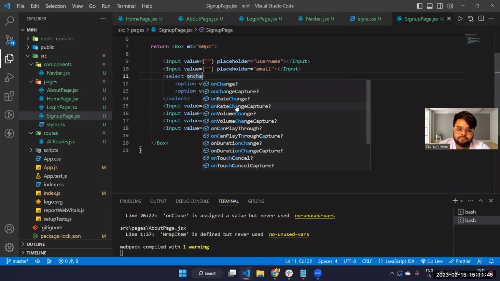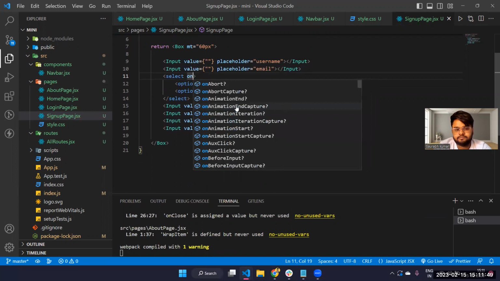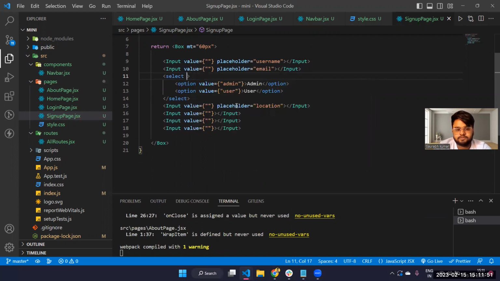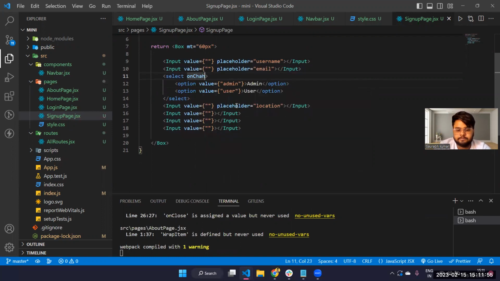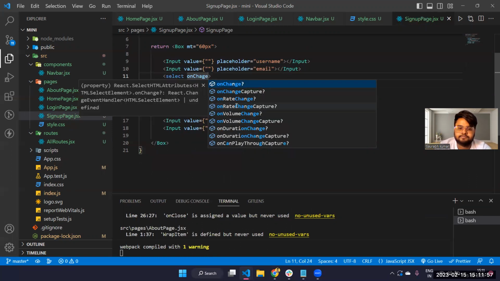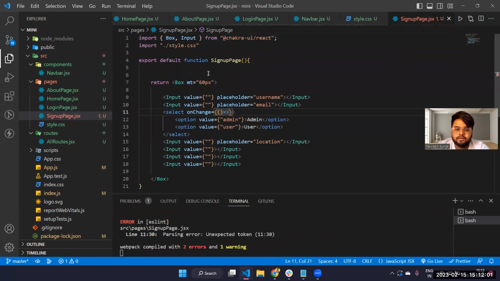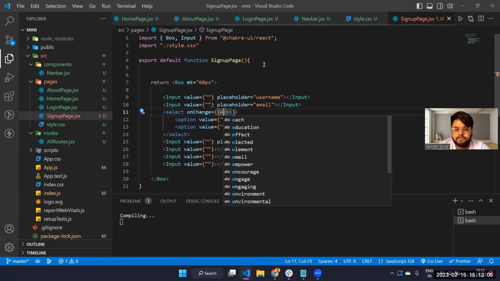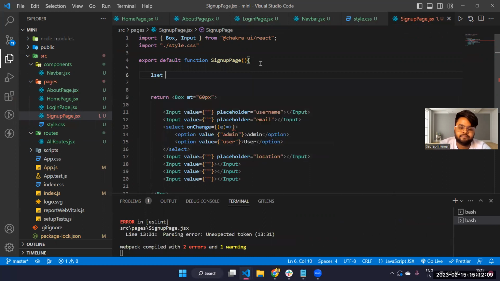On change, just wait. On change, what happened there? e.target.value. Okay, so here we have to pass like so, but before that we have to take let